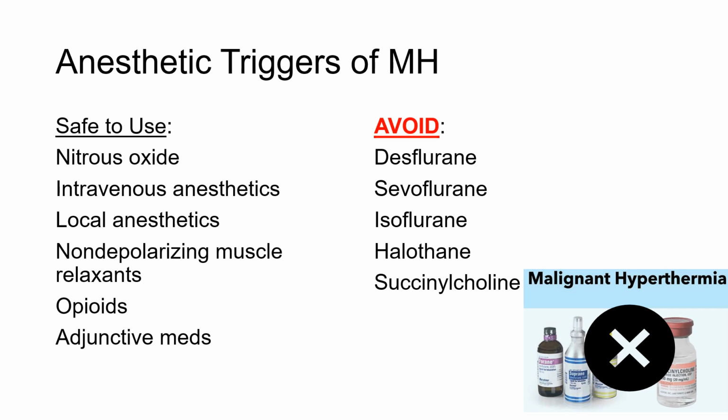So in any instance of suspected or history of an MH, we must absolutely avoid triggers and do a non-triggering anesthetic. However, all of our other conventional anesthetics are considered safe to use and have never been proven to trigger MH. This includes nitrous oxide, intravenous anesthetics, local anesthetics, non-depolarizing muscle relaxants, opioids, and other typical adjunctive medications given in the perioperative period. Please also note that malignant hyperthermia in a genetically susceptible patient can be triggered by extreme physiologic stress, such as very intense exercise or heat exhaustion, not only medication exposures.